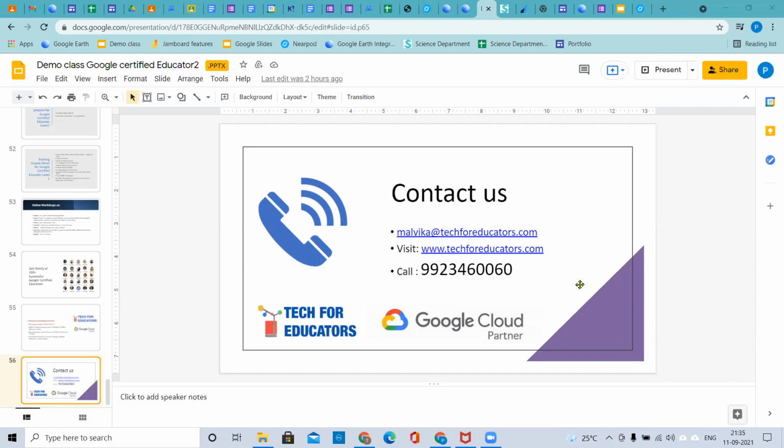Sir, is there any provision for me to use mathematical tools while teaching in Google Classroom? Yes, sir. Why not? You can use GeoGebra, right? In Google Classroom, many tools are there that can be used. Even Google Earth you can use in Google Classroom, sir. So you can measure the area of India, right? And you can use Google Earth to measure the area. So you can directly show all your trigonometric concepts or mathematical concepts using maps in Google Earth. So many tools are there through Google Classroom.